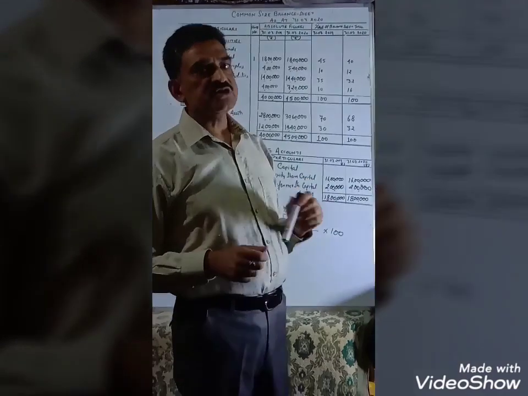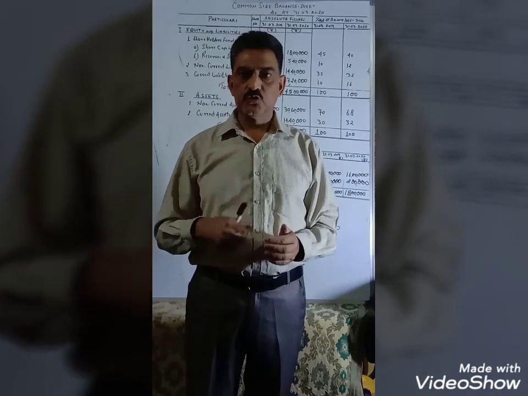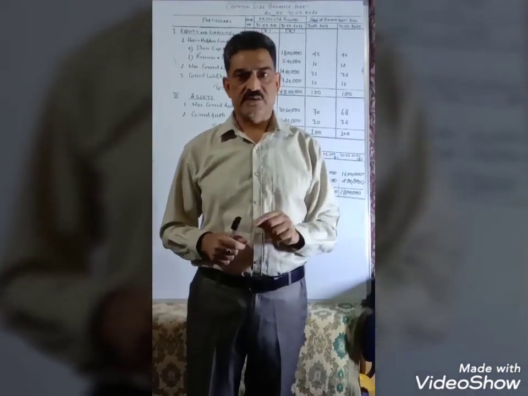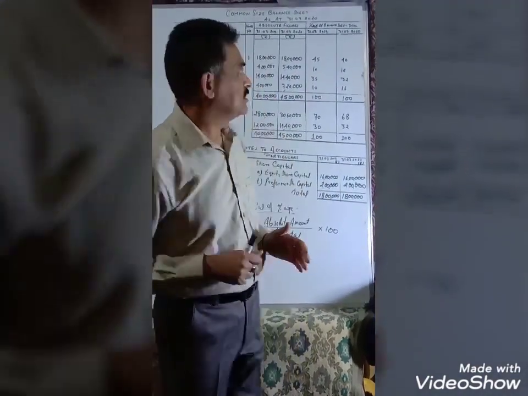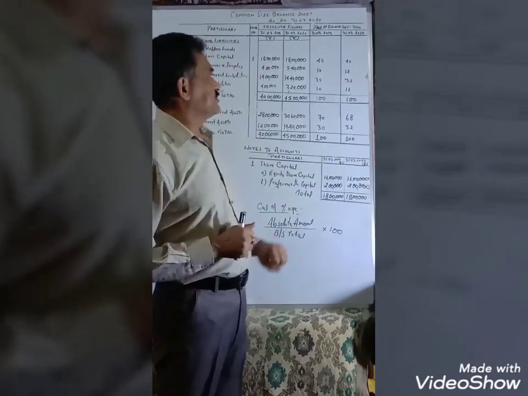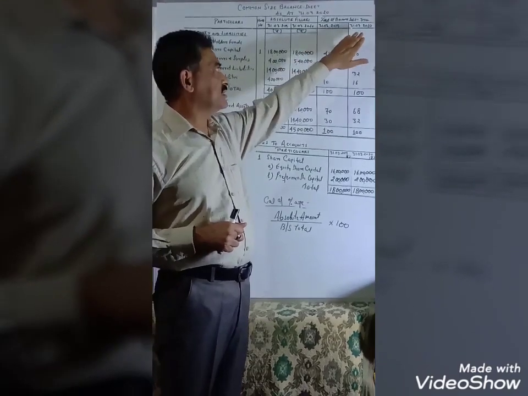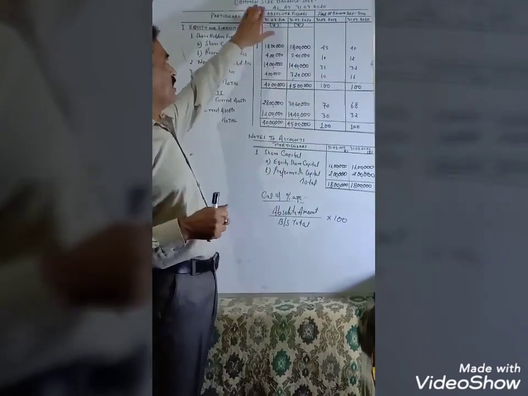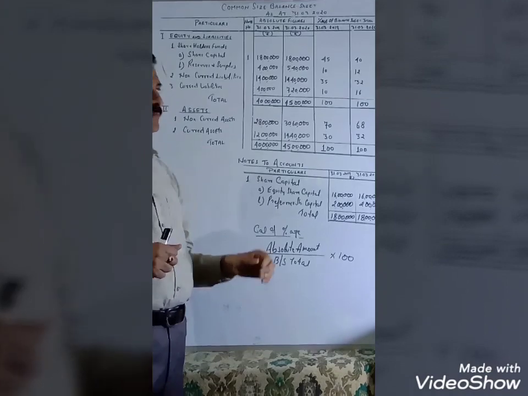As you know, in the common size balance sheet, we have to convert each and every single item of the balance sheet into percentage by taking a common factor. In this balance sheet, the common factor will be the total of balance sheet for the conversion into percentage. So percentage of balance sheet total for the previous year 2019 and for the current year 2020. On the top, common size balance sheet as at 31st of March 2020. Now in section 1, equity and liabilities, number 1 major head is shareholders funds.